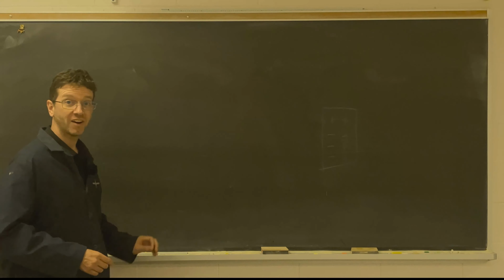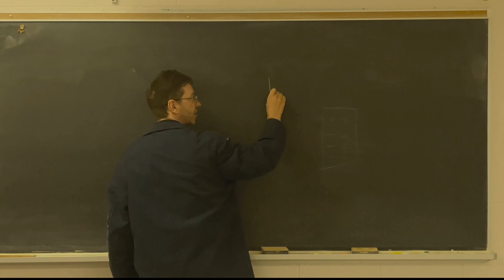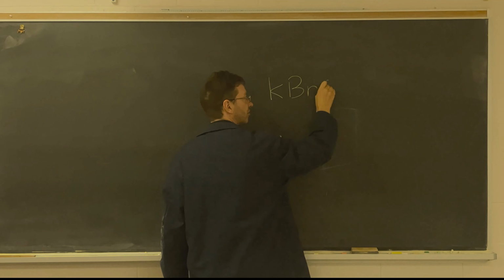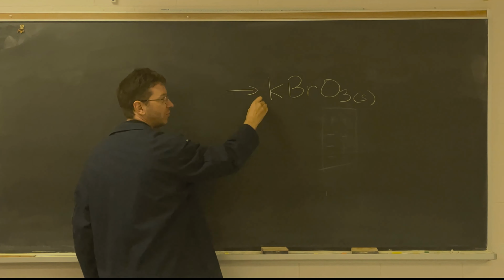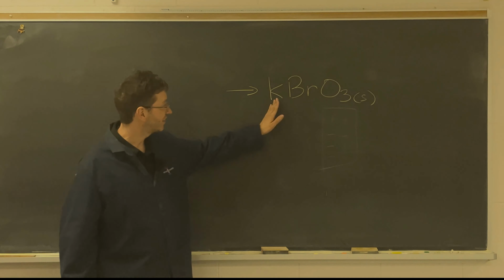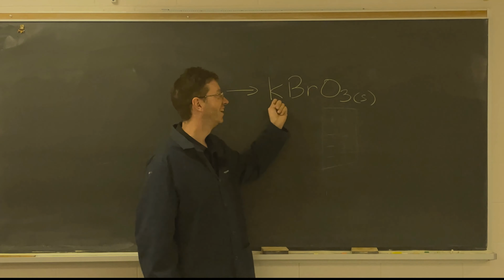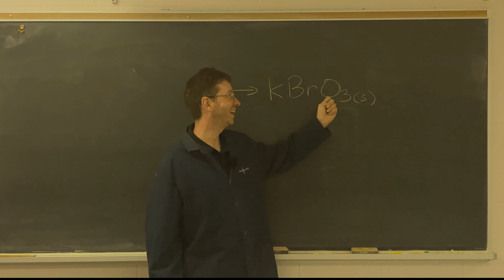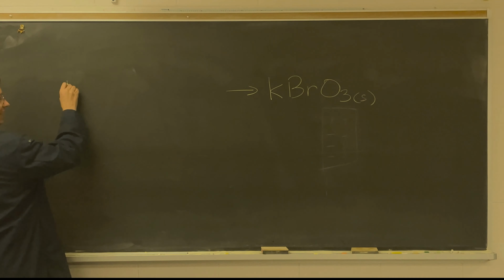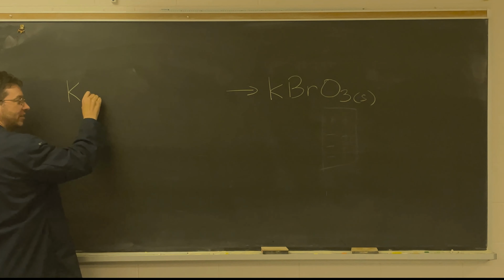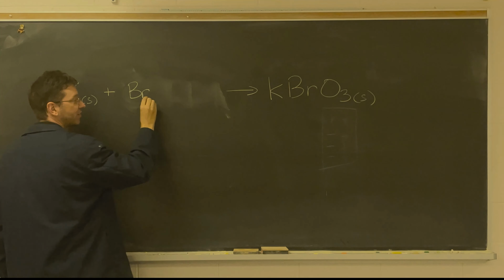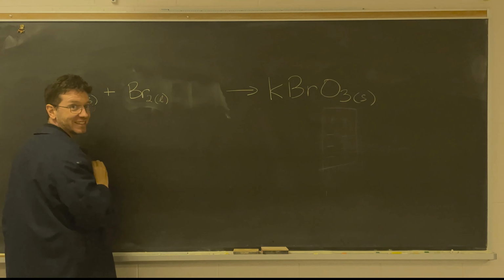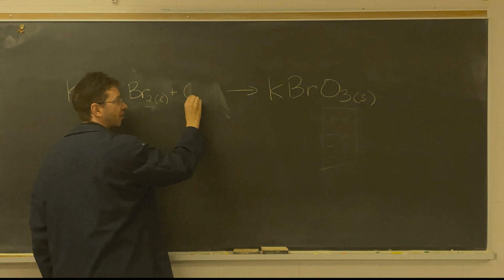Let's try this. All right, so step 1, we're going to write potassium bromate, one mole, in our products. Now it's comprised of potassium, bromine, and oxygen. So we've got potassium, which is a solid, plus bromine, which is a diatomic. So if you remember Hofbrinkel, it gets a 2. Write it in its standard state, plus oxygen,